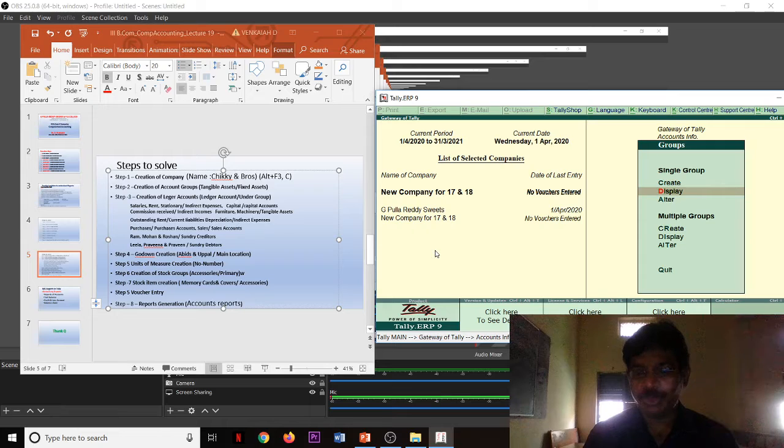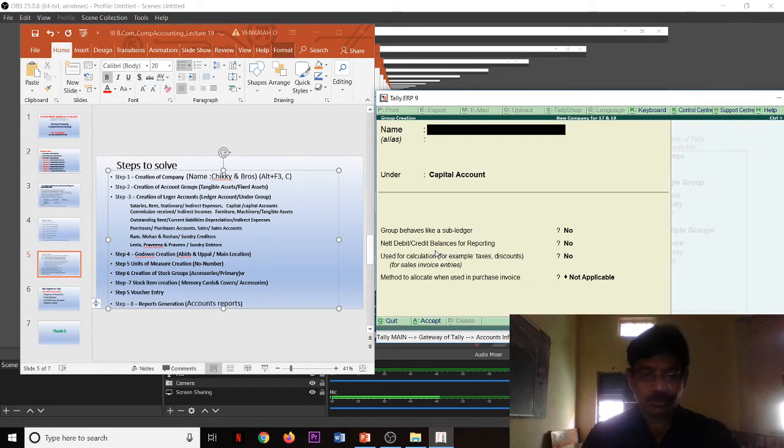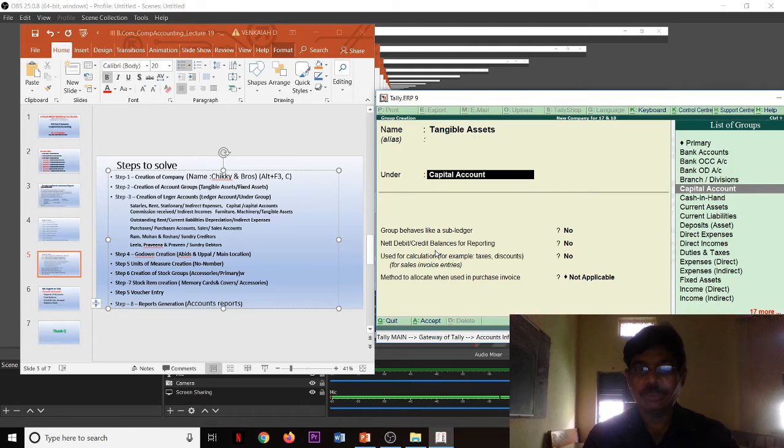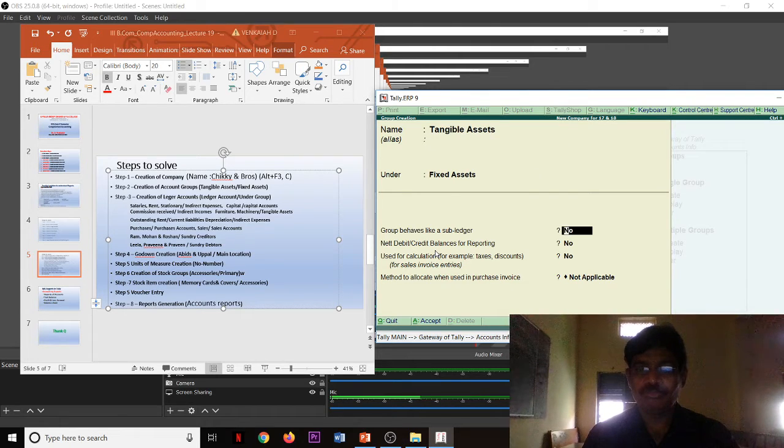Only one group we are going to create, so single group create: tangible assets under fixed assets. Group behaves as sub-ledger, yes, saved. Okay, step 2 is completed.